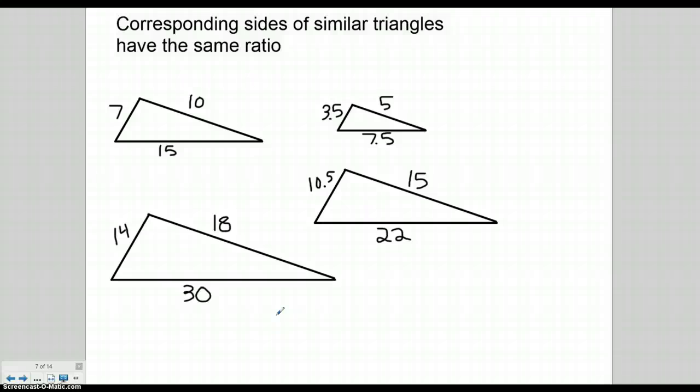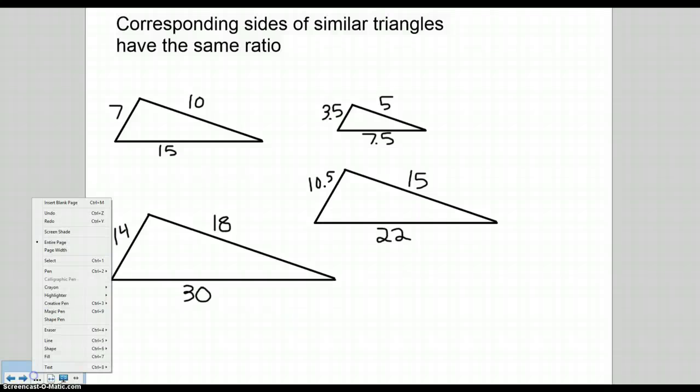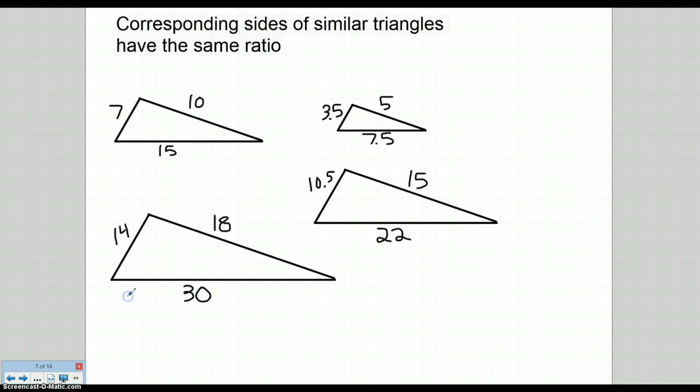Okay, so corresponding sides of similar triangles have the same ratio. Ratio is basically a proportion, one over the other. So let's look at first these top 2 triangles. Let's look at the triangle that has sides 7, 10, and 15, and the triangle that has 3.5, 5, and 7.5. Looking at the shape of those triangles, you can easily say, okay, well 3.5 corresponds to 7. So let's do